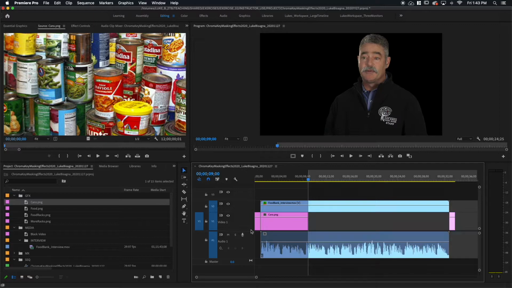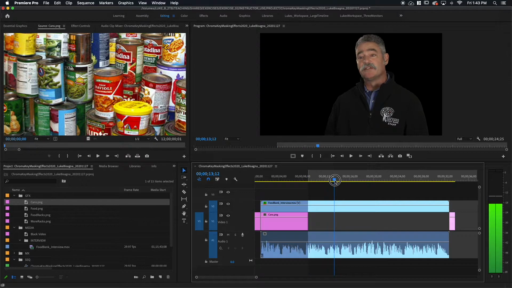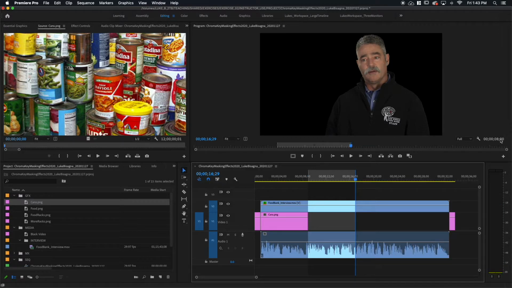I'm going to mark my in, and I want to add exactly 7 seconds and 29 frames to that. So I need to go to 16:29 for this, I do believe. And marking out. And look, I've got another exactly 8 seconds. Super cool. Now, if you have a numeric keypad on your keyboard, you can do this in a different way.